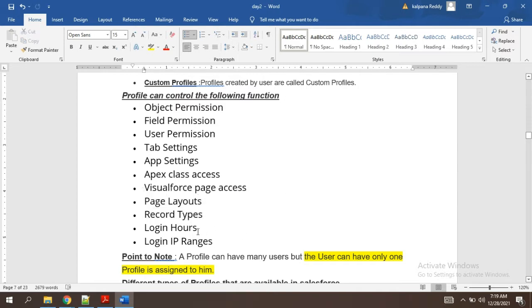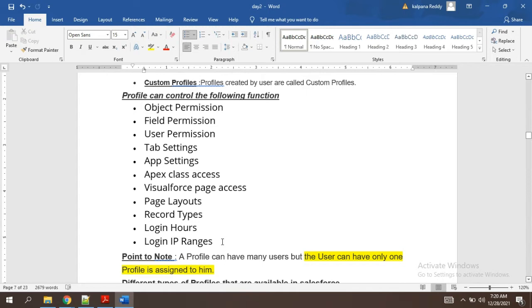And login hours and login IP ranges we have already seen, like from which hour to which hour the user should be able to log in. If he is logging in at another hour, that person should not be able to log in. And IP ranges, in the first external security we had already spoken.